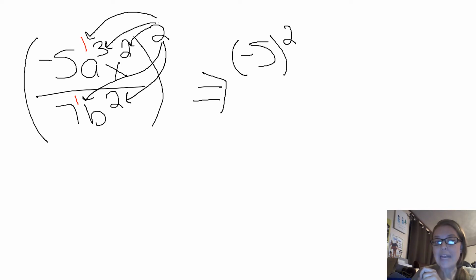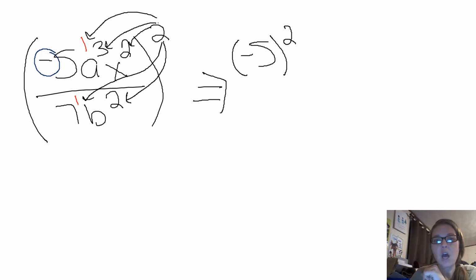Remember, when a negative is inside of the parentheses, it's being squared. This negative is inside. That means it's being squared, all right? If you want to go ahead and just change that sign to the positive because a negative squared is a positive, because squared means times itself, and a negative times a negative equals a positive, that's fine. I'm just going to put mine in like you can see up there in the parentheses